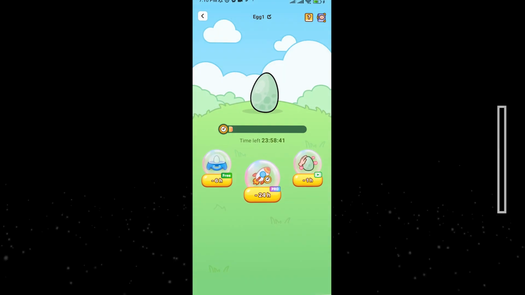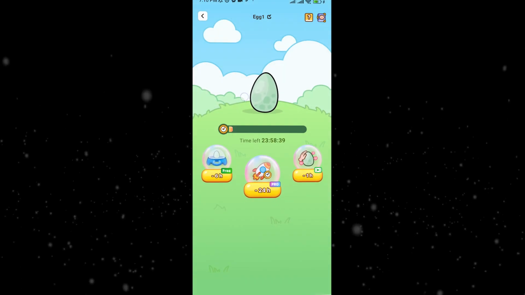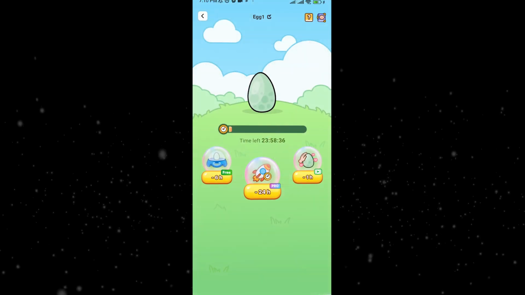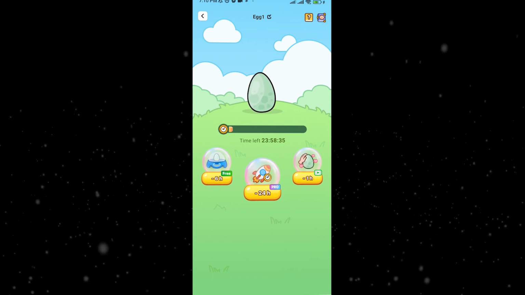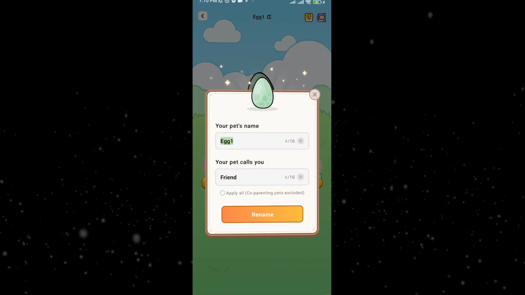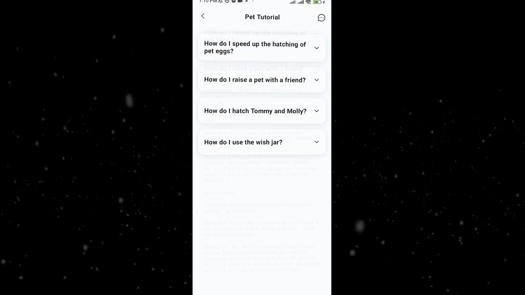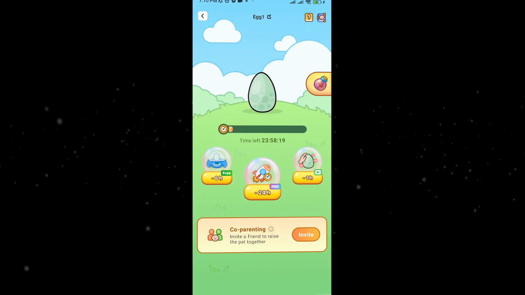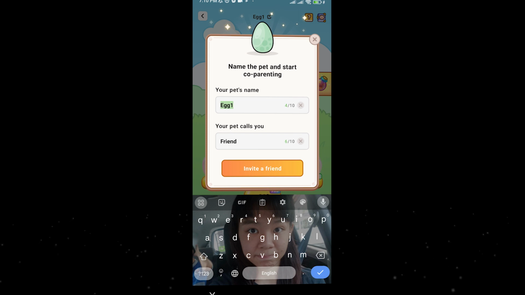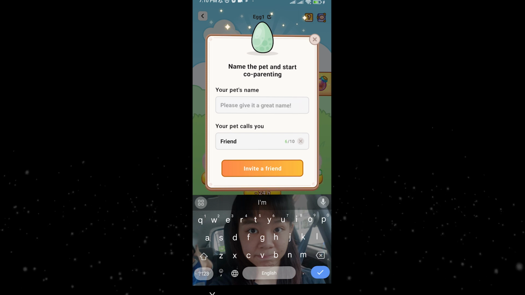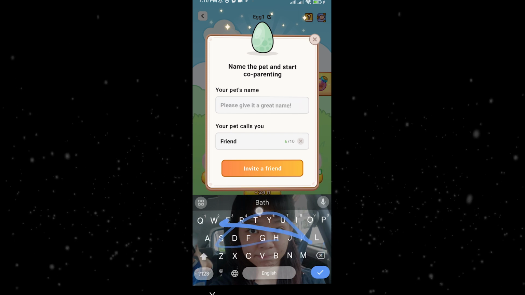As you can see here, it's still hatching, but we can already, and all we need to do is just, I think it's just lagging for me. Let's just come back here after a while. I'm just gonna go through all of these random notes, and as you can see, the co-parenting feature just appeared. And the first thing that we need to do is to name our pet first. So I'm just gonna give the pet a name, maybe, I don't know, Harley,